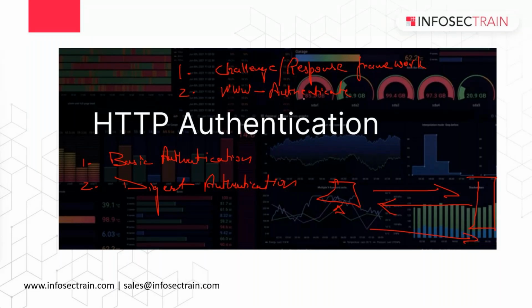www-authenticate is a response header which is sent by whom? The server. So it contains the information about, first thing, the authentication protocol, right? Which authentication protocol will be used, and the security realm,